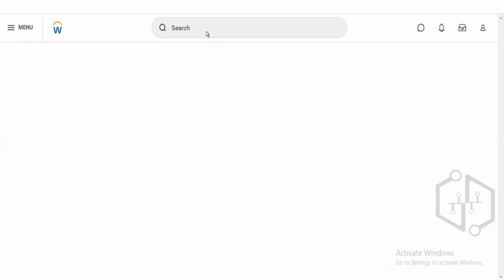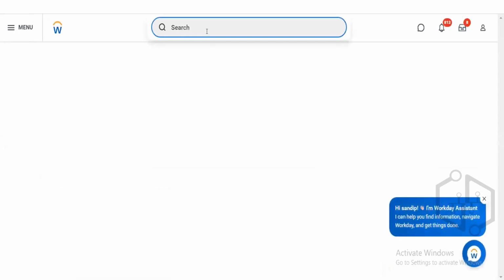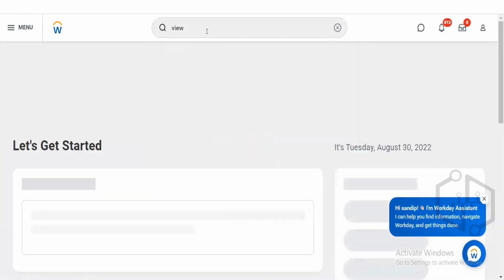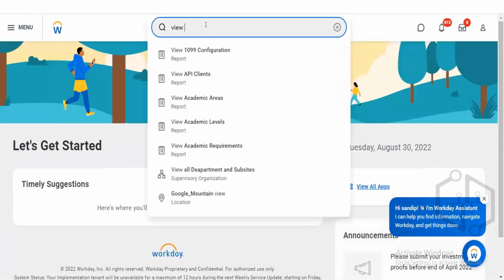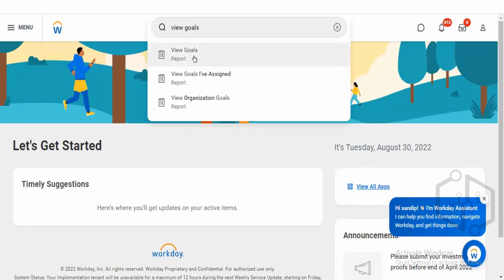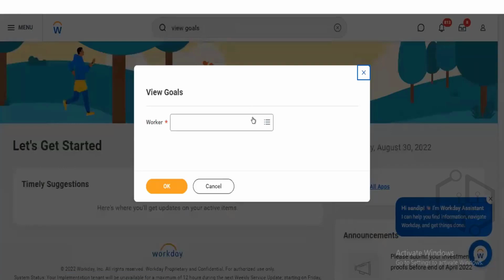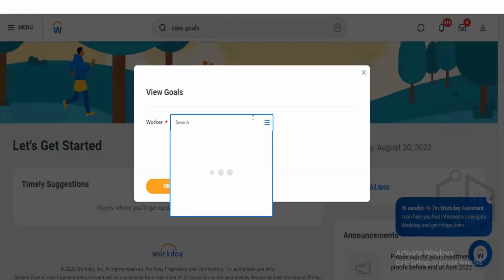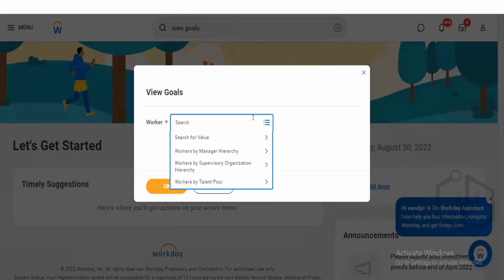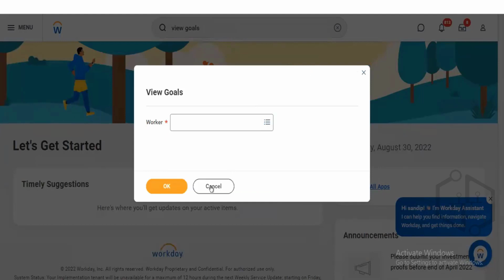And there are various reports that we can see, for example, what all goals we already have for any specific worker. We can see it from here. So all these things are needed from the end user perspective, if they want to check